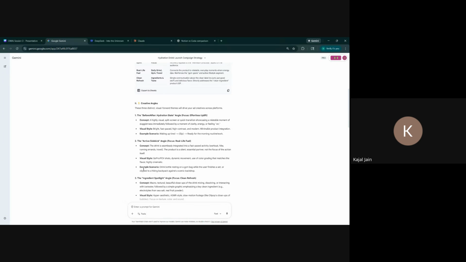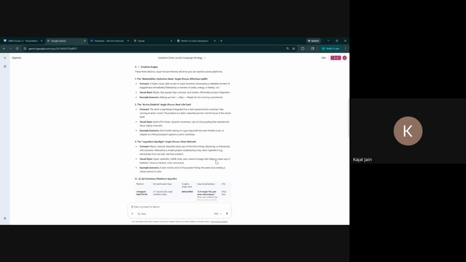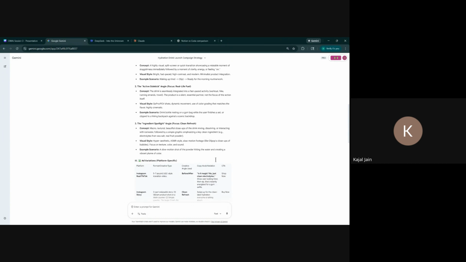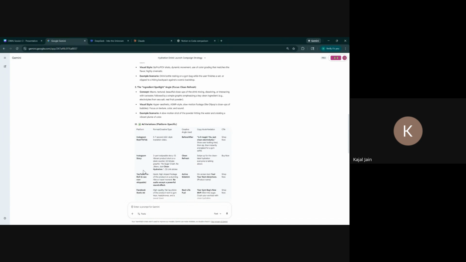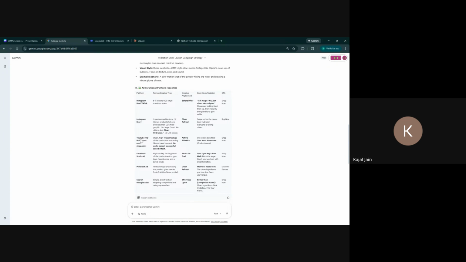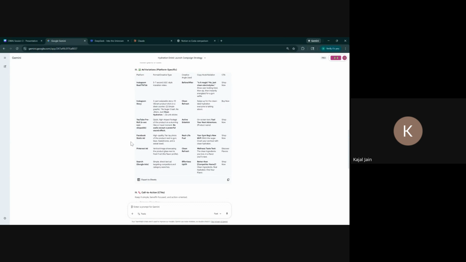Clean ingredient spotlight, visual style. And then it gave me a table for the ad variations versus listing them out. Instagram story. So let's see, it suggests TikTok, Instagram, YouTube, Facebook static ad, Pinterest ad. Okay, interesting, very similar.